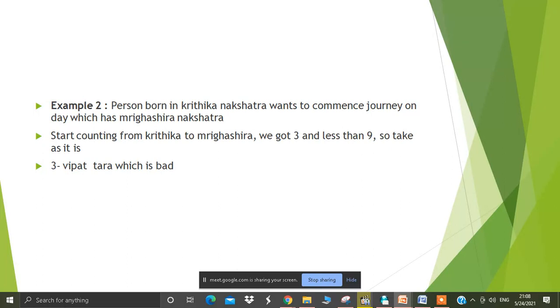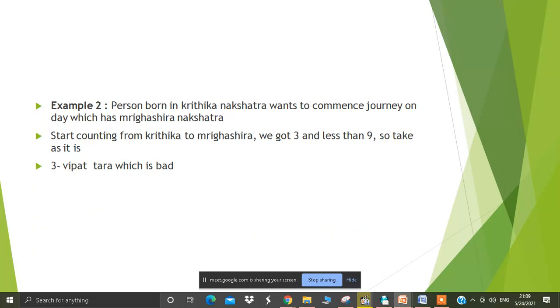But for Kritika, unknowingly Kritika will always try to show some love and affection to Mrigashira. But whether Kritika will get it back from Mrigashira, that is very less. That is how we have to see with persons, also with the Muhurta. Okay. If you have any doubt here, please ask me, else I'll go to the next slide.